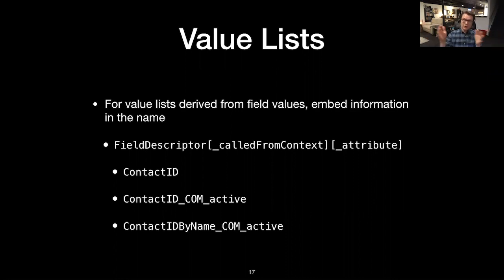these can get longer and they can get more descriptive, but that's sort of our three main things we would include in our value list: a descriptor of what fields are in this value list if we're using fields, then the context that it is called from, if there are some context-aware dependencies with our value lists, and then maybe some attributes about that value list, of what kind of records we are going to get from this. When it comes to value lists that are not derived from field names, maybe they're static lists that you're managing or custom value lists as you're building them,